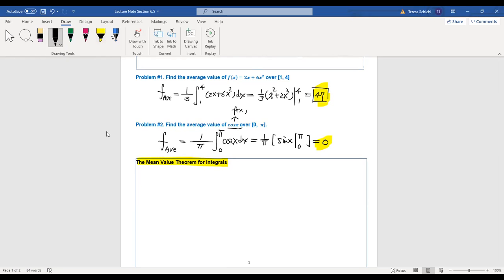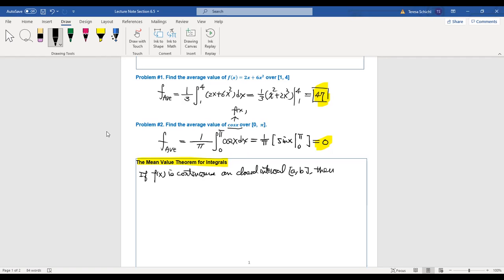So what is that? We say if f of x is continuous on the closed interval a, b,